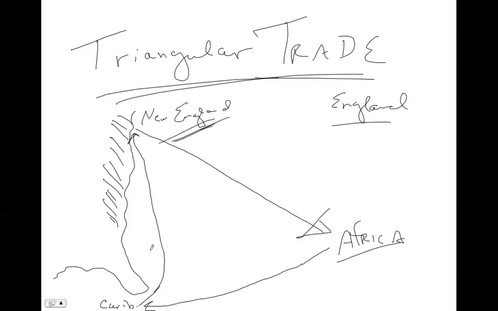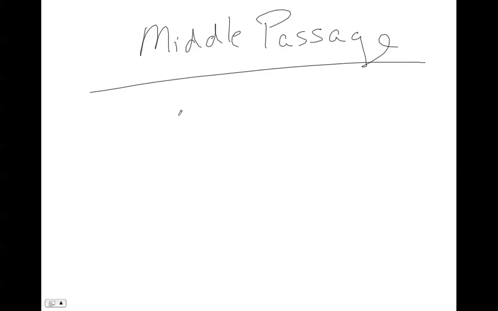Now, of course, it's not the same person just bringing these products. Okay, so the way I explained it was very simplistic. But there were people that were bringing guns and other products to Africa, and then the same thing here, same thing there. So this is known as the triangular trade route. And what I want to talk about, very important, was what's known as the Middle Passage.